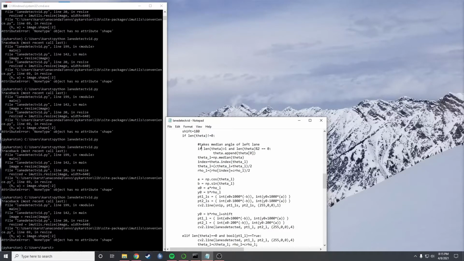indexing code. So if there's an even number of Hough lines and more than one Hough line, I pretend there's one additional Hough line by doing this append. And then I find the median with this, and then I find the index of that, so where it's located in the list, with this